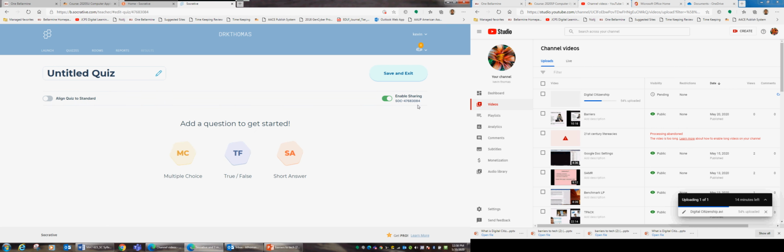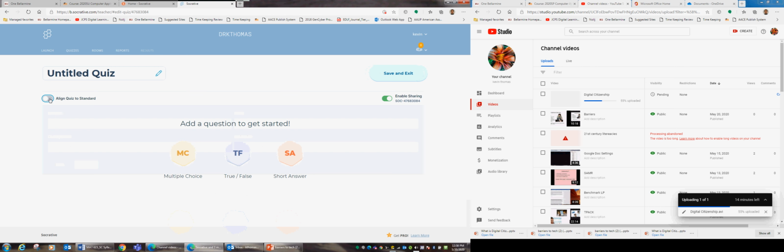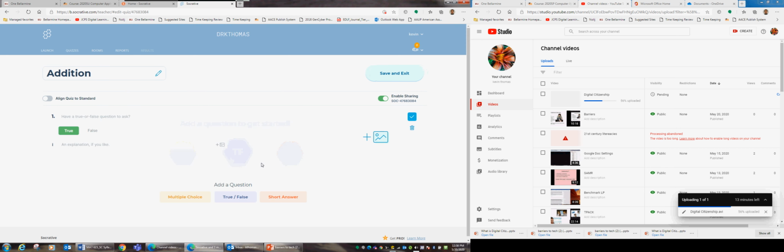So you can only do 3 types of questions with Socrative. I'm only going to show you how to do one just to save time. It does allow you to align them to standards. I'm not going to go through that. You can explore that on your own. Again, I'm just trying to kind of give you the overview to save time here. So let's just pick a true-false one. So if I pick true-false, I would just say, again, I can just say 1 plus 3 equals,